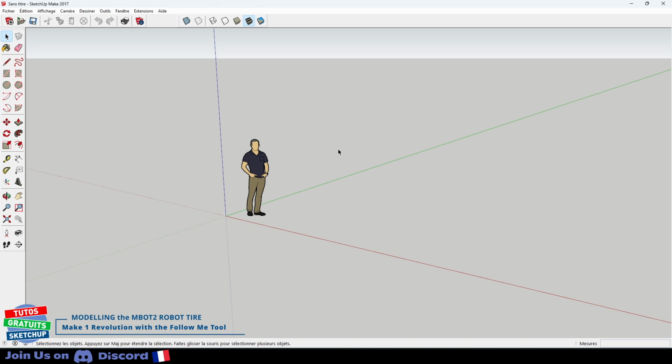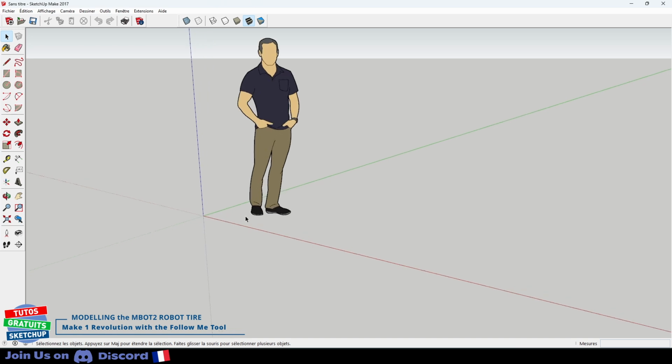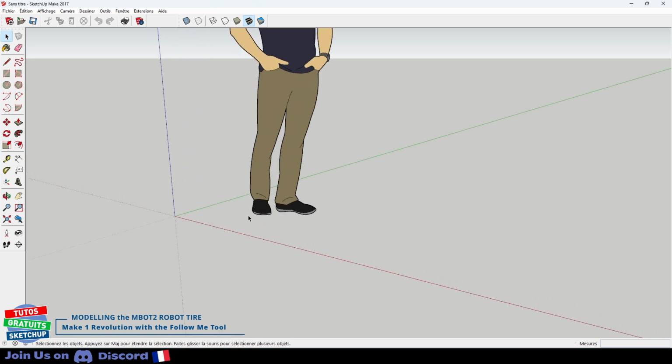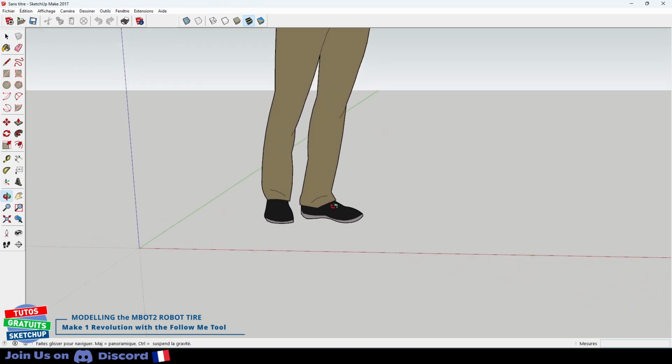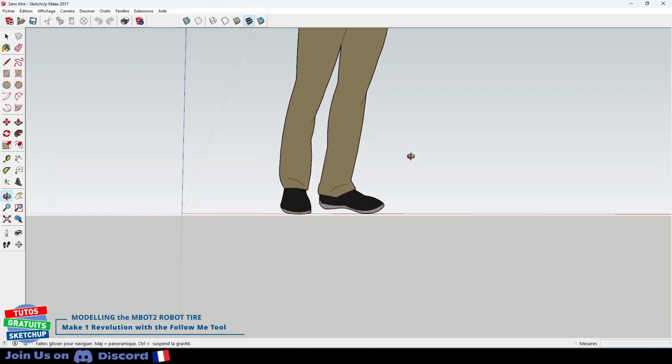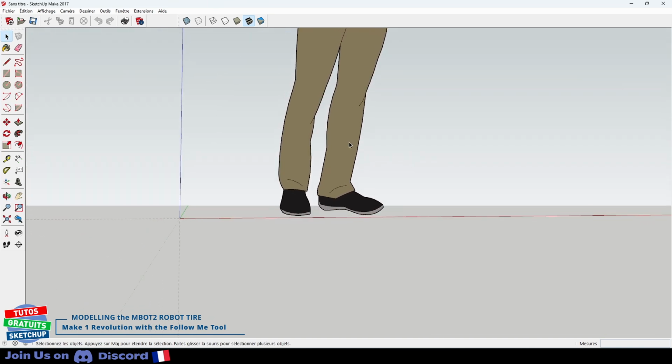Here we are going to start modeling, so for this I am going to zoom in a lot, because our wheel is much smaller than our character, who is about 1.75 meters at full height. Our robot is more than 10 centimeters, so I will zoom in a lot by turning the wheel. It is important to place the mouse where you want to zoom. Then I hold down the wheel button. I turn to the right. Like this. I click on the character and delete it with the delete key on the keyboard.